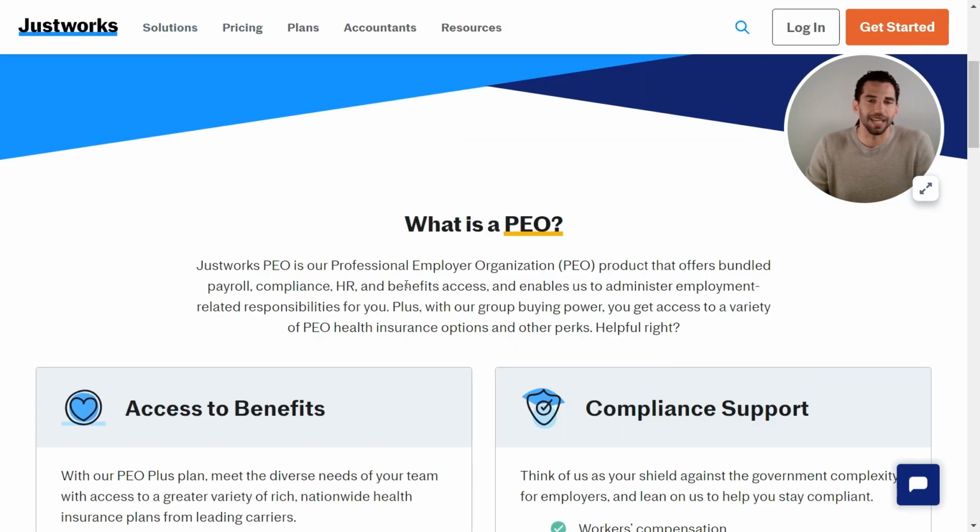And before we dive into the PEO, what is a PEO? That is actually great marketing here at Justworks. That's phenomenal. Most people don't know what it is. So a professional employer organization, it does bundle payroll, compliance, HR, and benefits. In a nutshell, as soon as you're able to figure out, well, who am I paying and how much should I pay them? You can take the entire employee life cycle, put it on a PEO,